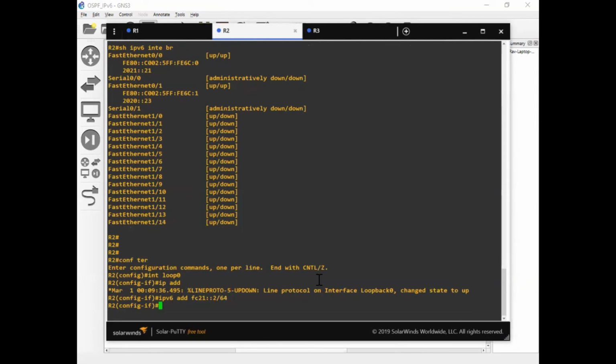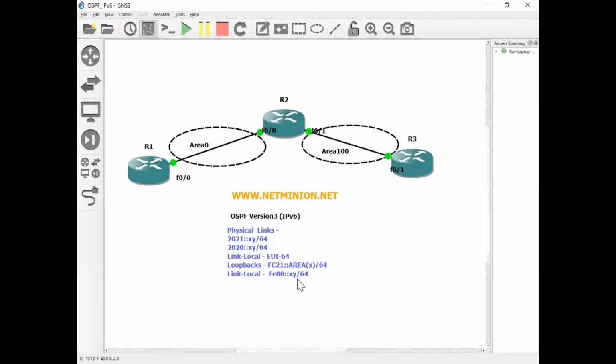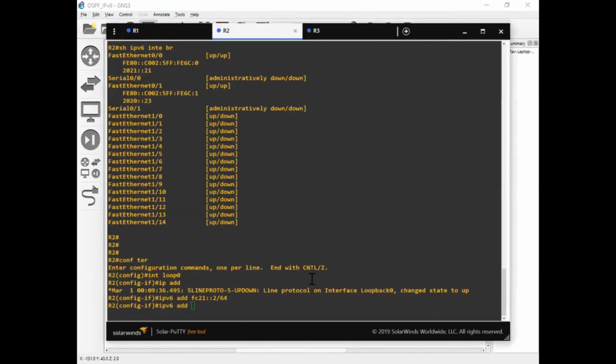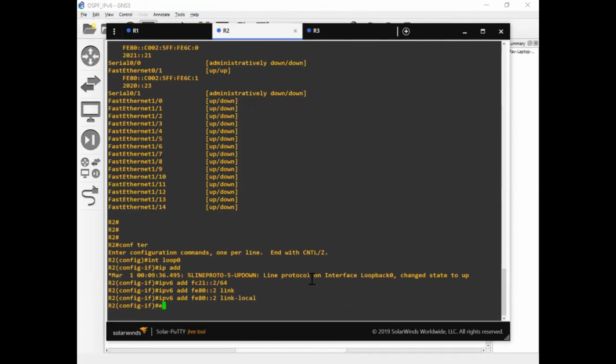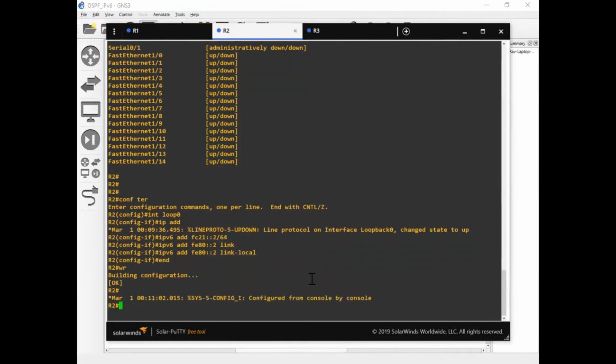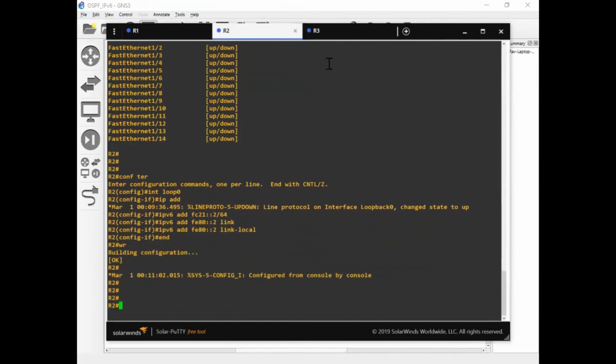And that's it. One thing, if you don't want to provide link-local explicitly derived from your EUI, I can go with a command like this. It will be FE80/2 and not slash. Here I need to go with link-local, because link-local is very important. You cannot skip it. As I told you, each and every routing protocol will carry the next hop IP address as the link-local only. So that is the reason I am providing it.